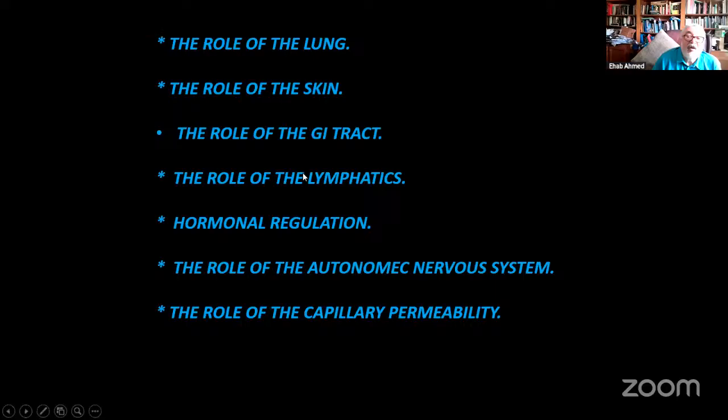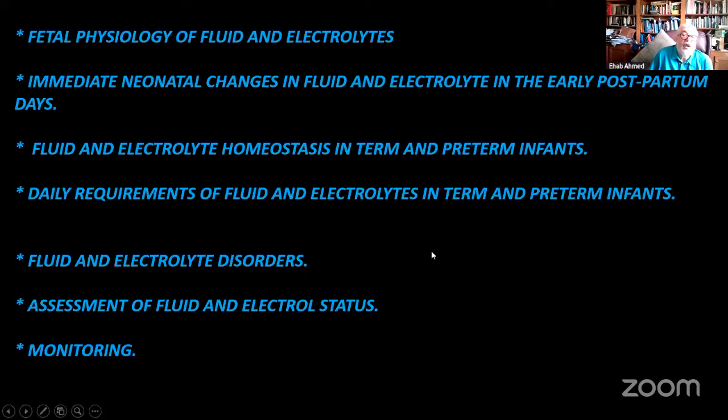And brief idea about the lung, skin, the GI, the lymphatics, and the hormones, mostly the renin-angiotensin system, and then aldosterone and atrial natriuretic peptide, and the antidiuretic hormone, the autonomic nervous system, capillary permeability, and